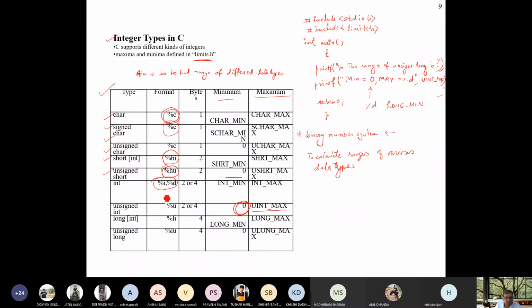Integer %i or %d. %i represents integer and %d represents decimal, that's why both conventions are there. %u unsigned integer, %li long integer and %lu unsigned long. So whenever you use these with printf, you can use these things.